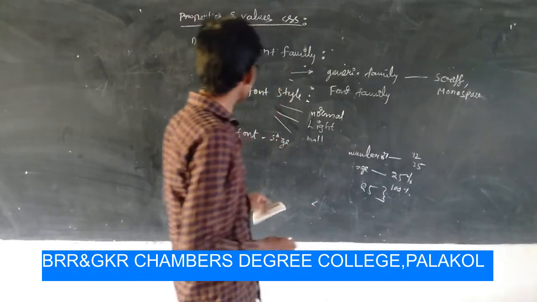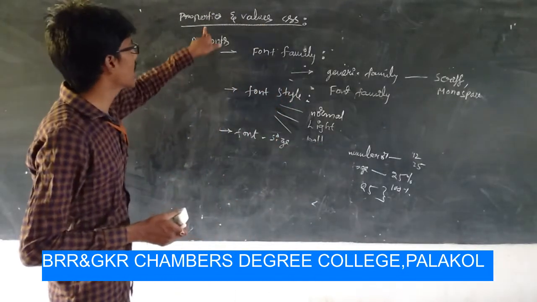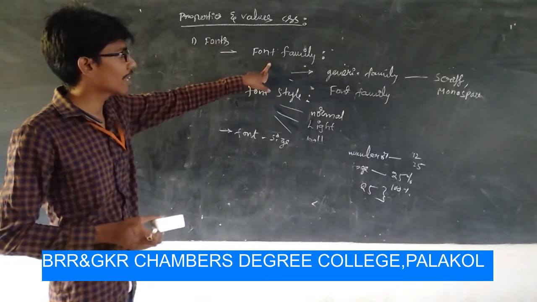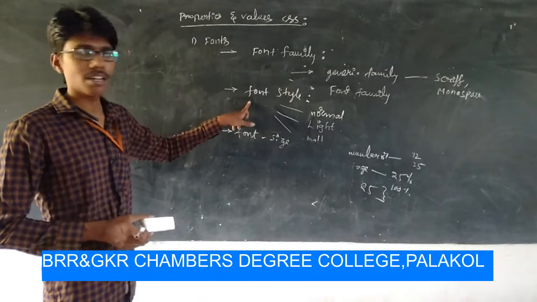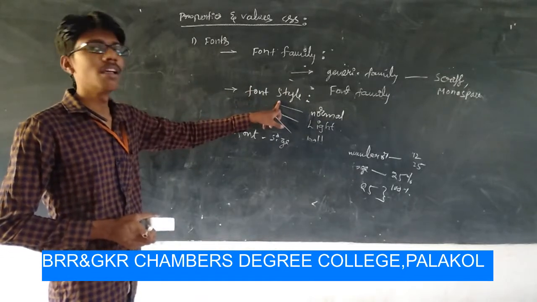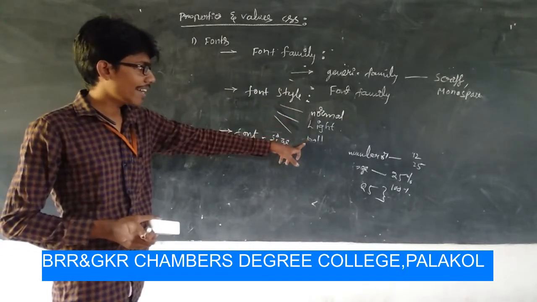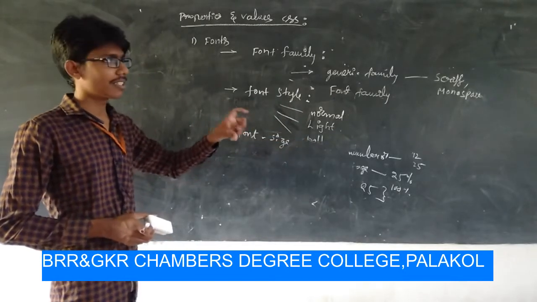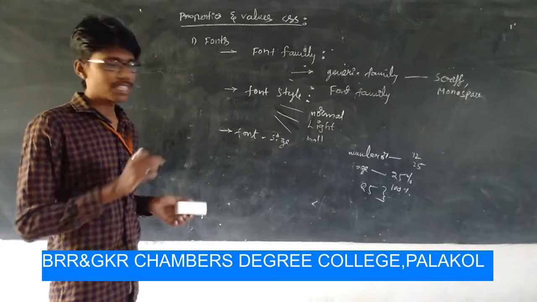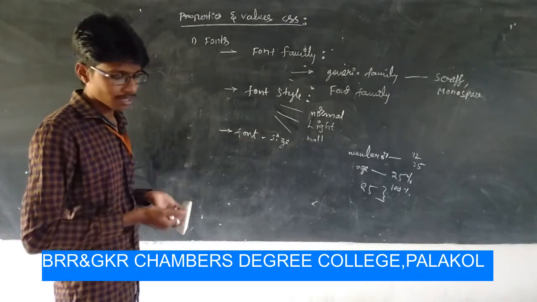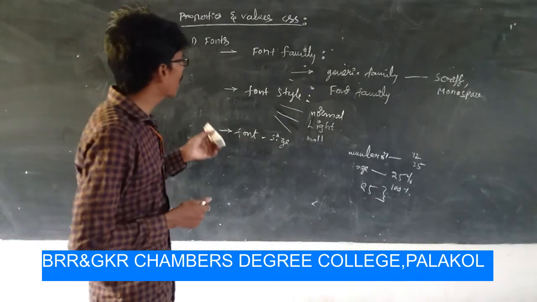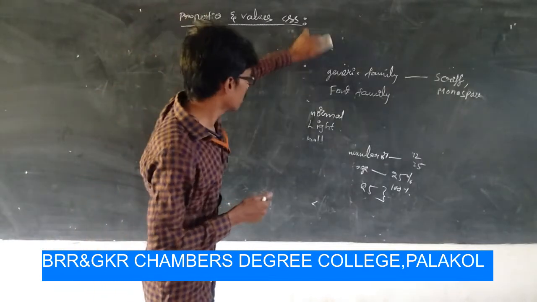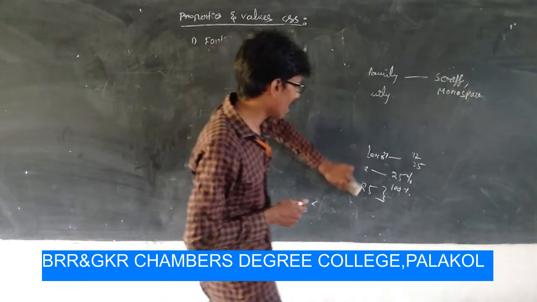By taking these fonts as properties, there is a category like font family or generic family, then the second one is font style, where we represent normal or light or bold, then font size, the representation of text, that is the height of the text compared with other text. These are the different properties and values represented in fonts.